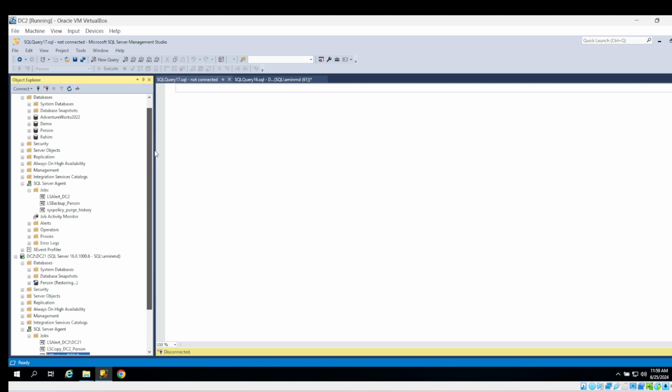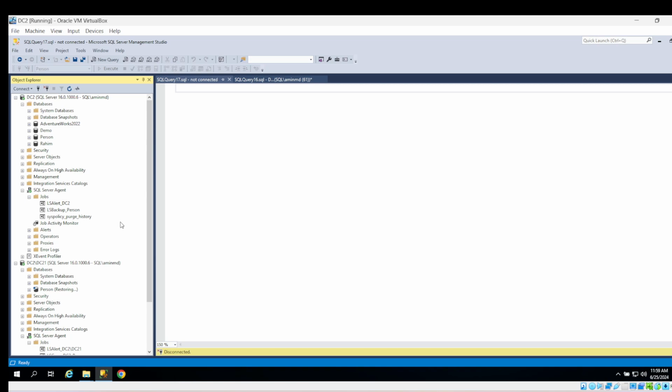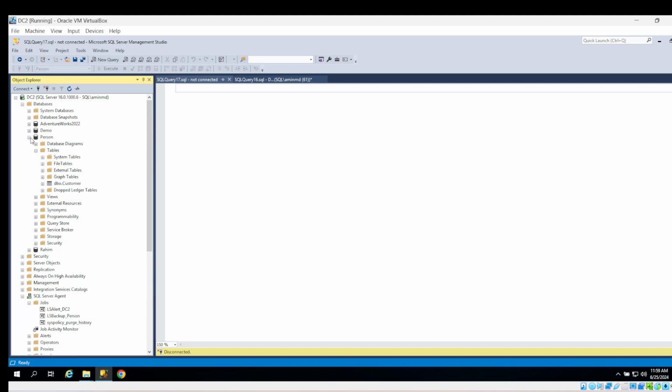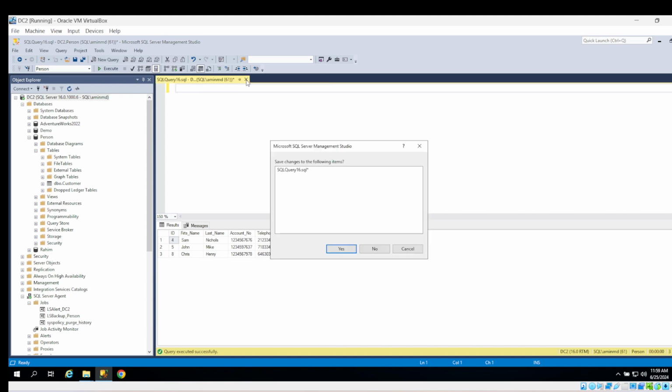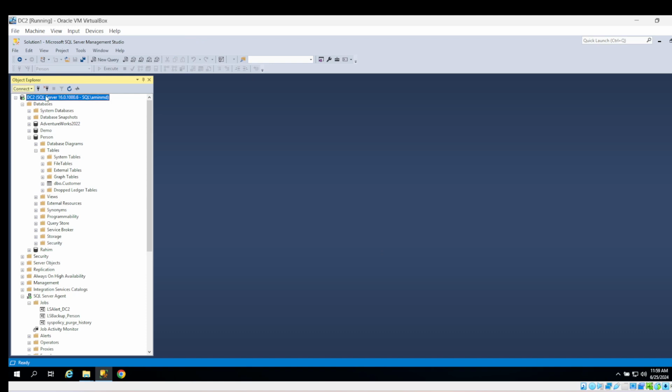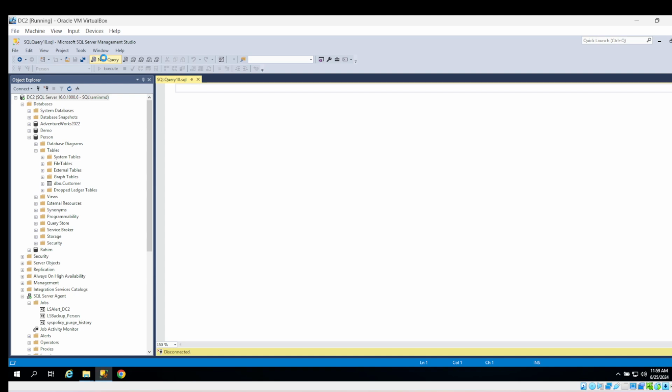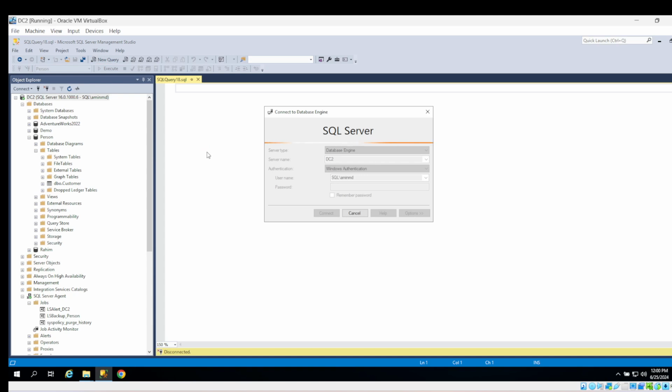Let's see about whatever data we have in our person table. This is the primary server, I believe. Yeah, this is the primary server. There are three records available here. So make sure, let's close all the windows and select one more time. And now we will insert some data into the